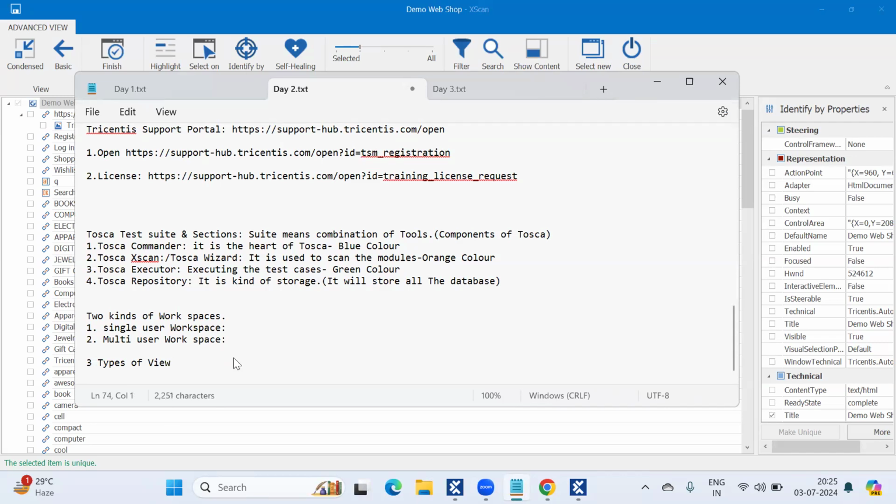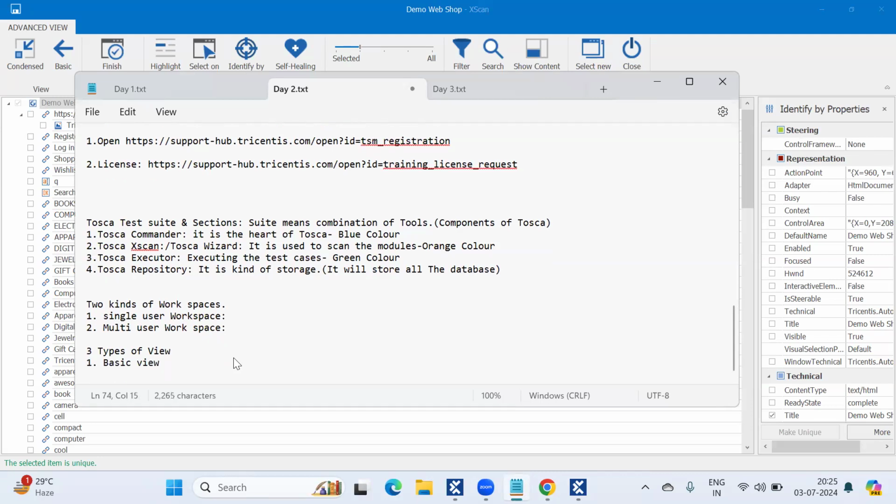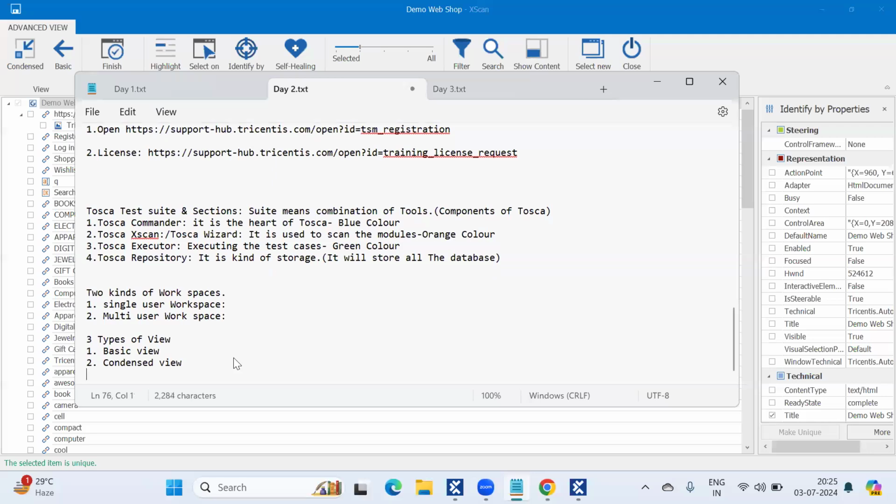One is basic view. Second one is condensed view. And third one is advanced view. I will show you the differences between basic view, condensed view, and advanced view.